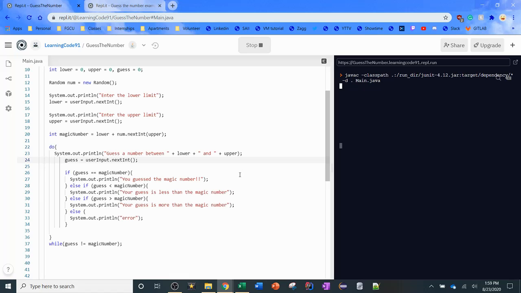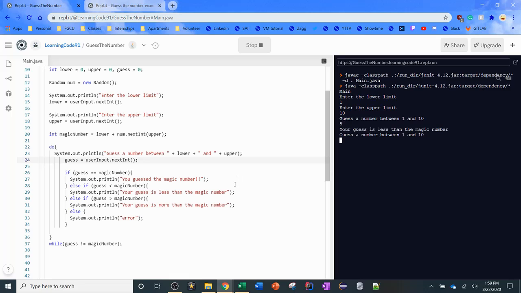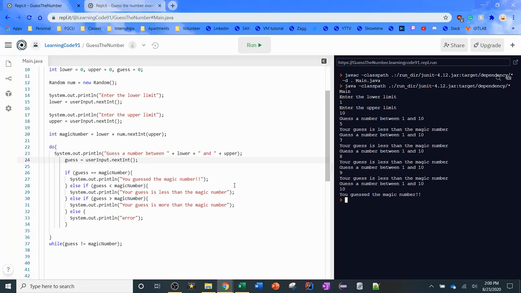When we run it, our lower limit 1 to 10, and now we don't know what it is, and we actually have to play the game and guess our random number. It's less than the magic number, so we're going to go up. Still less, try again, still less, which means it must be 10, and there we go, you guessed the magic